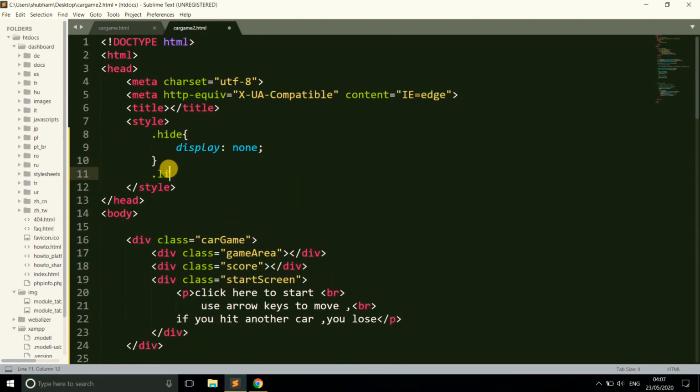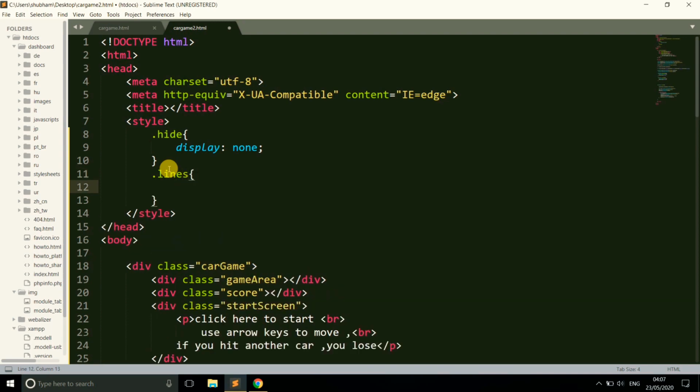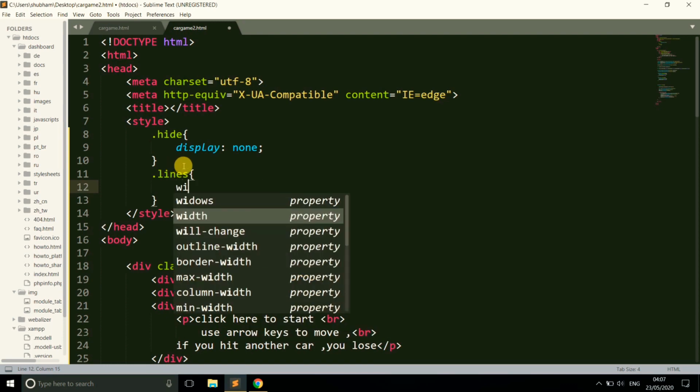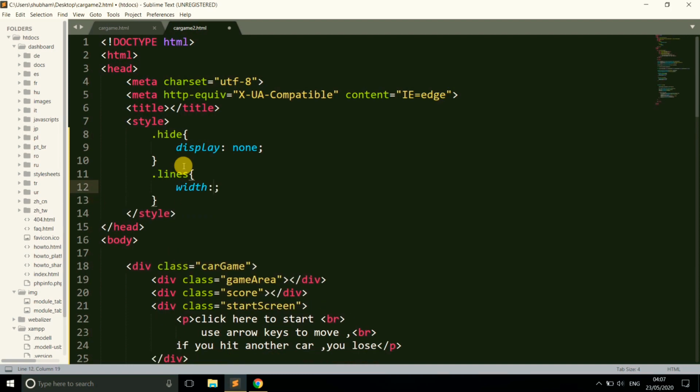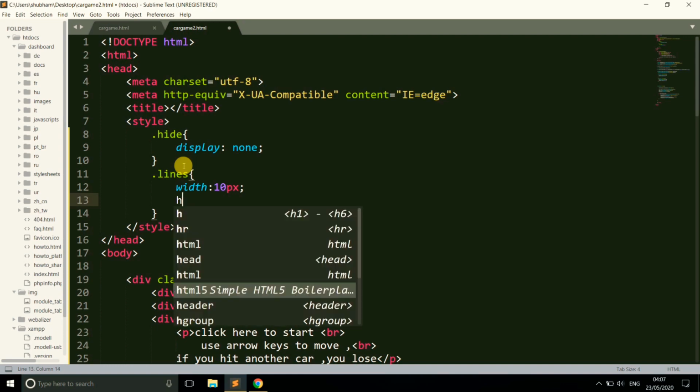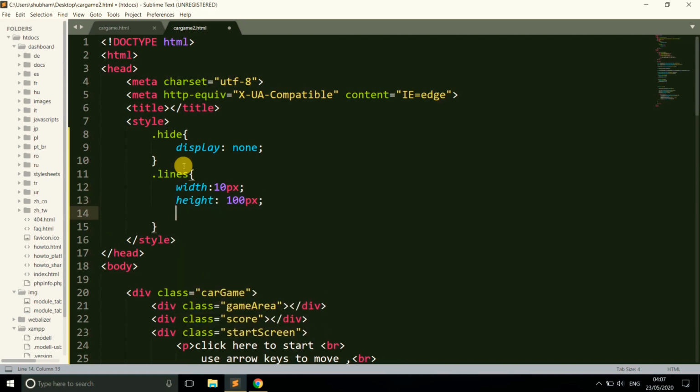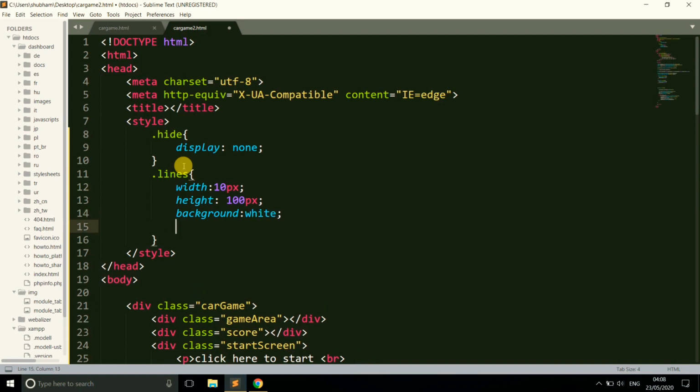And now we need to style this. First style the line. First give the width to the line. The width is not very much, it is 10 pixels, and here we give the height, which is 100 pixels, and also the background is white.